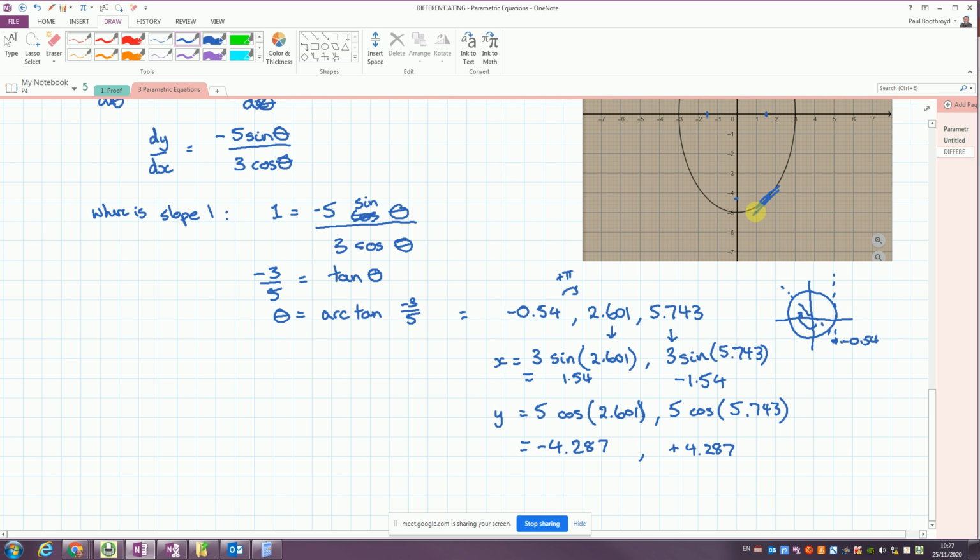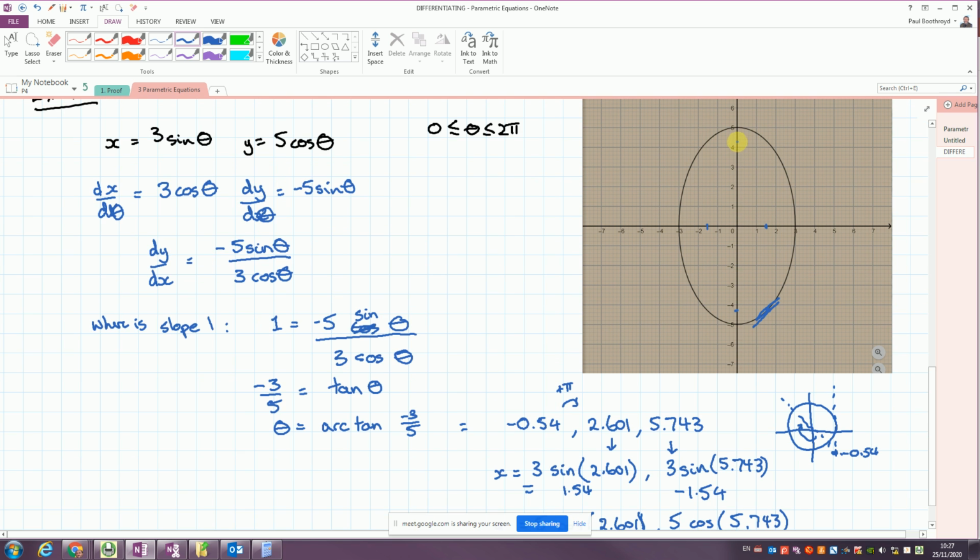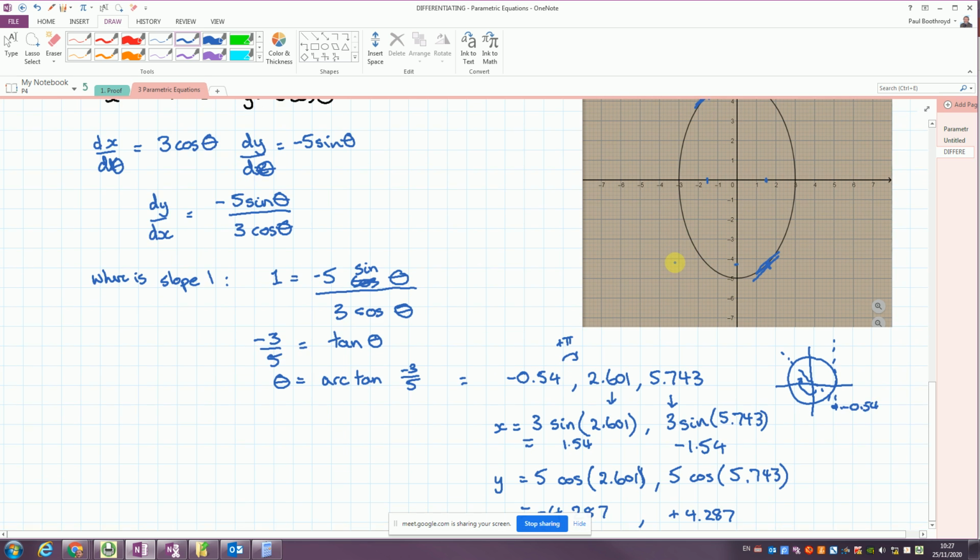So that was our first solution, and our second solution is plus 4.3 up here. That's our 2 points with a positive gradient of 1. Okay, and that's them shown on that graph. They ask you to find the normal